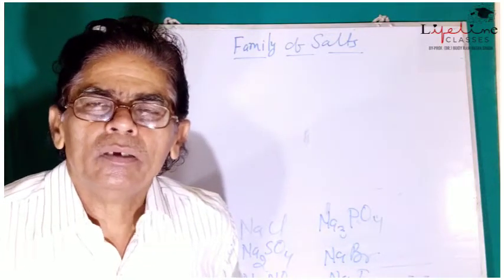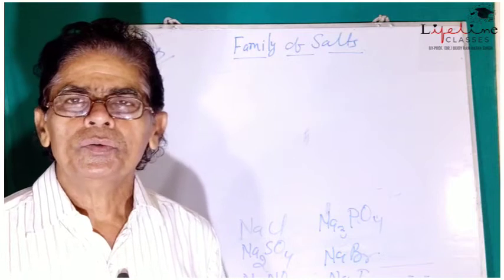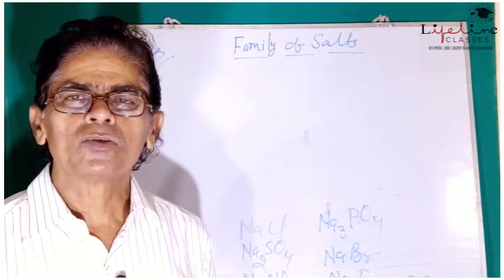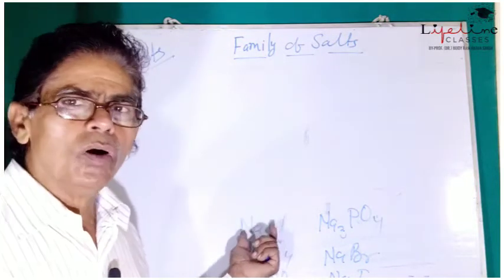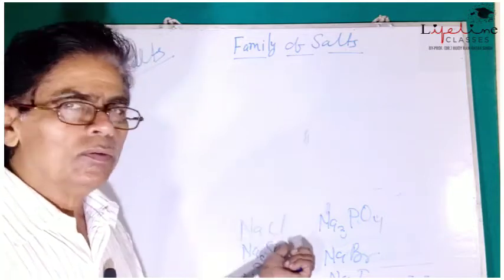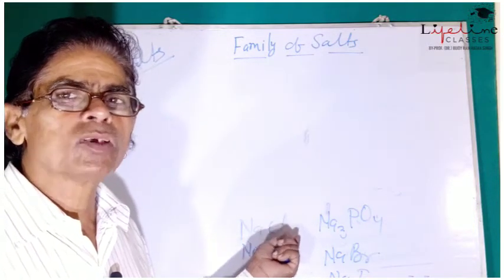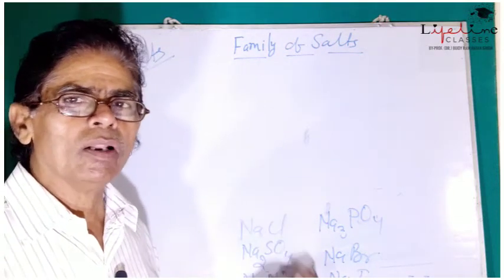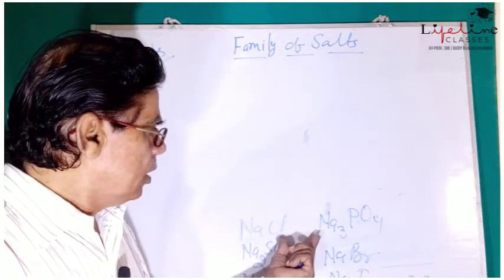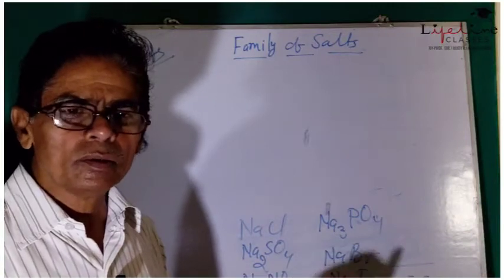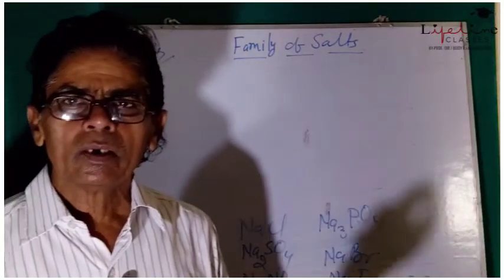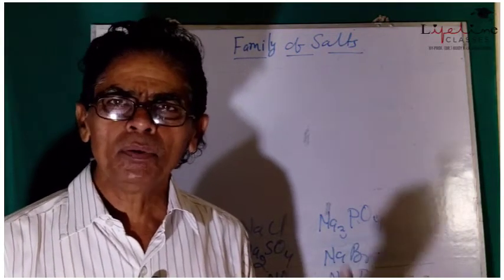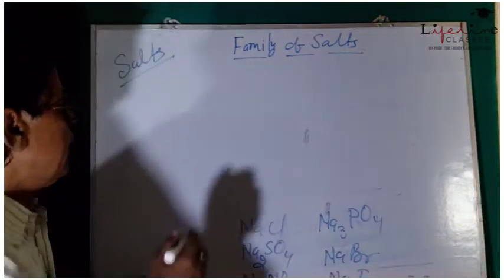written here or can be given to you to classify them as salts of a particular family. So you observe here, in all these chemical formulas of salts, sodium is a common ion among all these. So these salts may be considered as the salts of the sodium family. In the same way, if we write